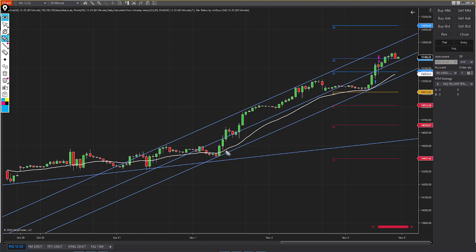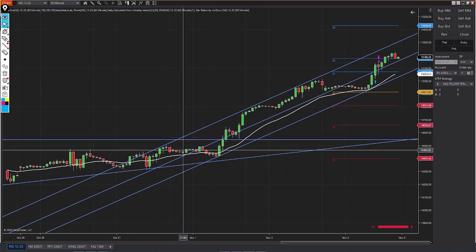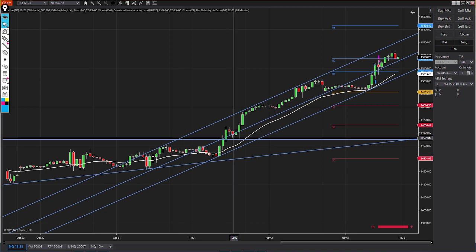I'll just wait for this little pullback, and the little pullback usually is at the beginning of that candle or close to it, and I will put my limit buy at this level, somewhere around here, somewhere around here. And if it comes in one time and doesn't touch, two times and doesn't touch, I will probably move